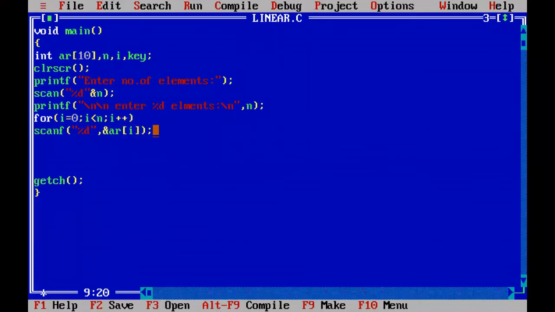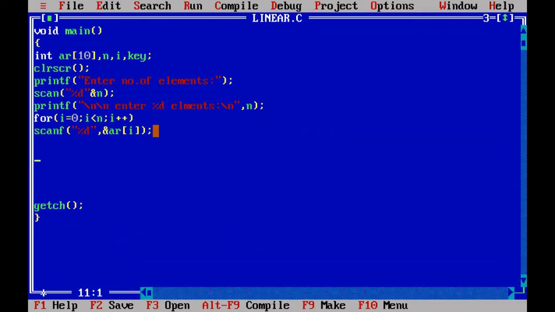Now the elements are also ready. Then we have to know which key we have to find in the 9 elements. So we have 9 elements in the array, and immediately we have to ask the user to enter the key value. That key value, whether it is present in the set of 9 elements or not, we have to search.